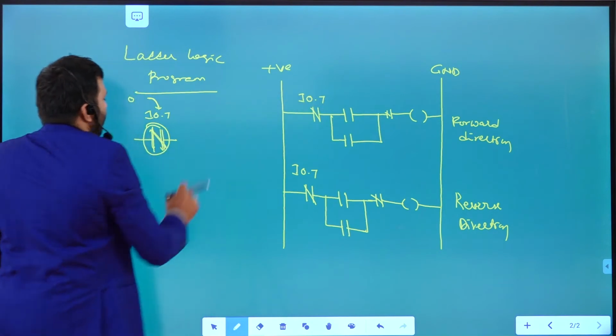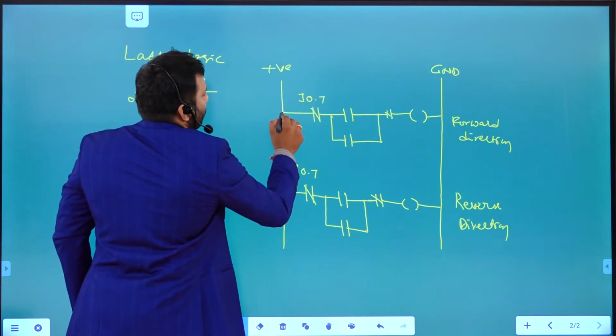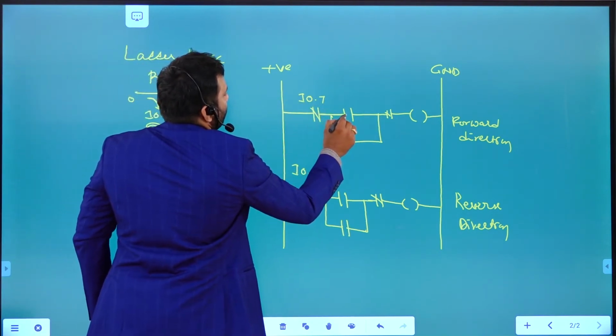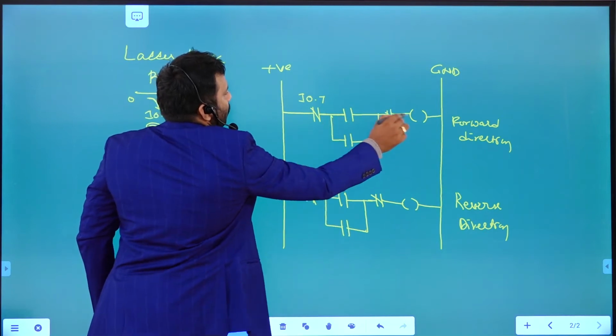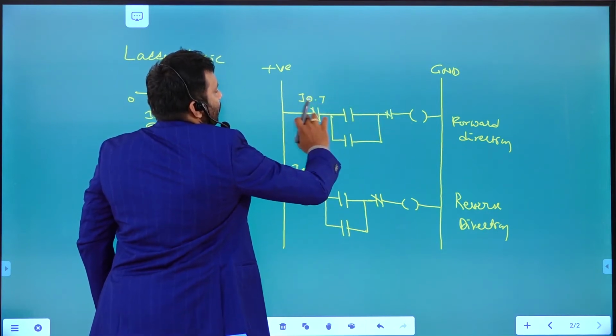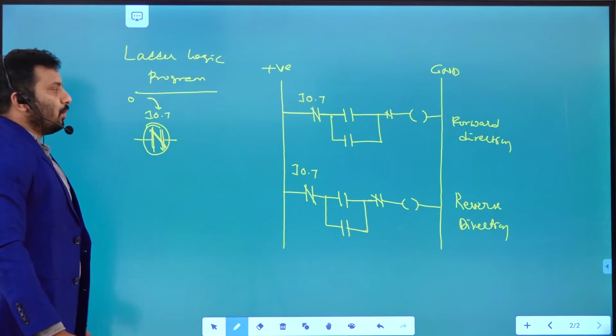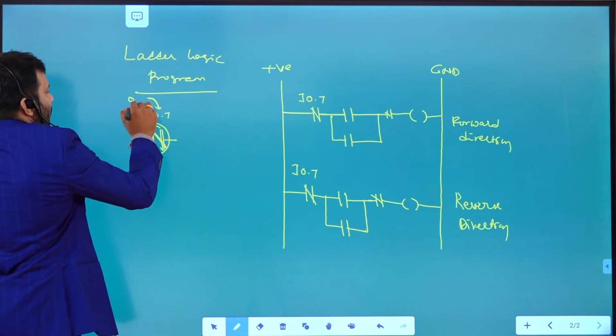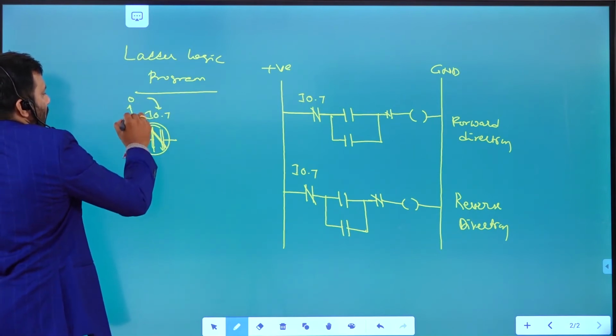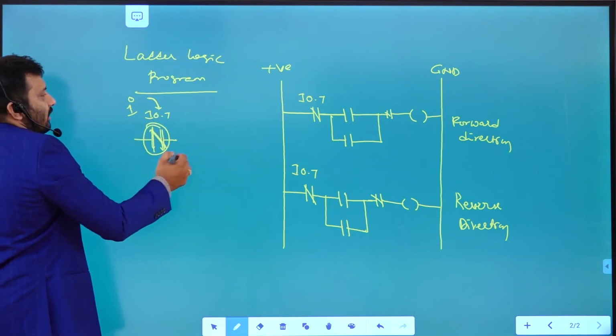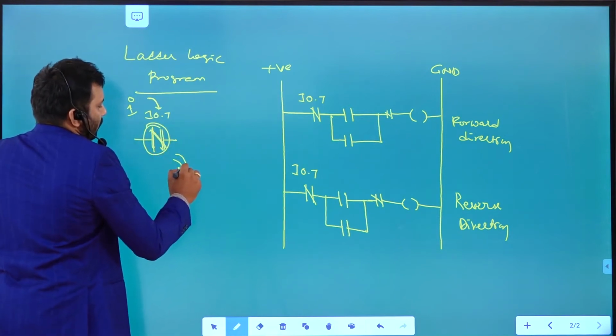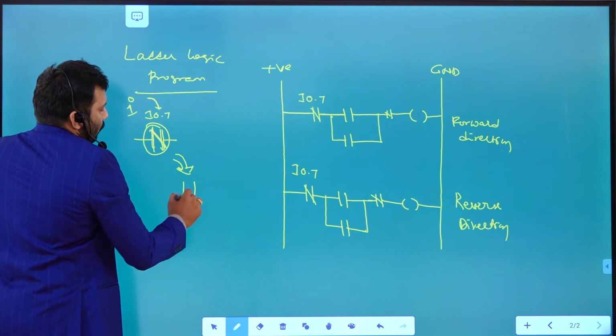Once it is not activated, then what will happen? It is normal only, so its signal is going to flow. If you activate this particular one, if it is 1, it is going to be activated, and then it is converted into normally open.